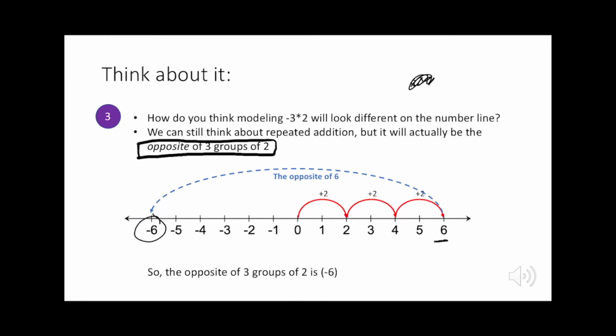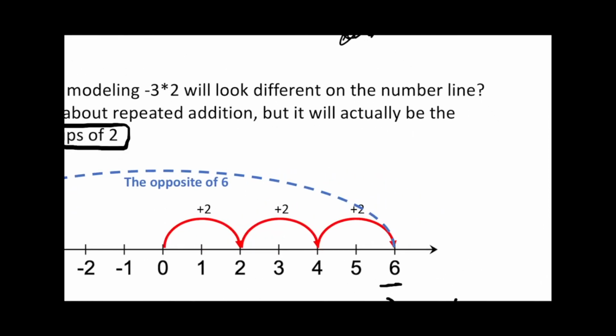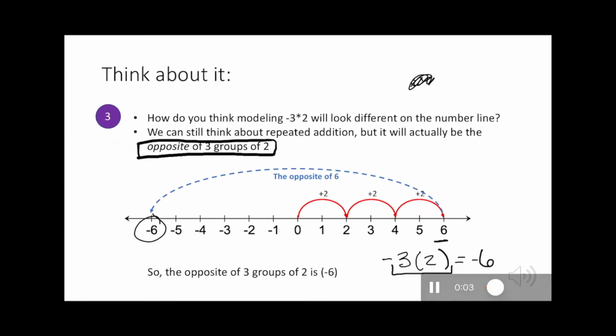And then the opposite of 6 would be negative 6. So negative 3 times 2 is negative 6. The opposite of 3 times 2 is negative 6. Now I want you to think about how